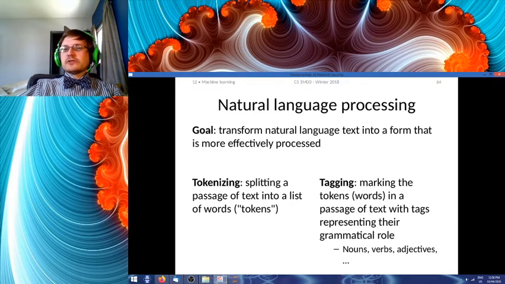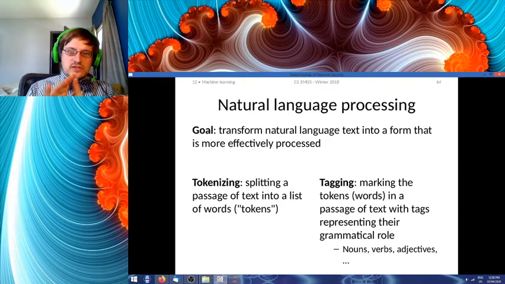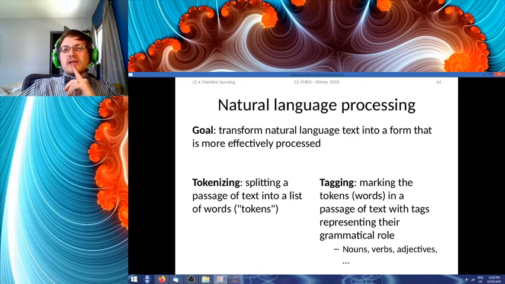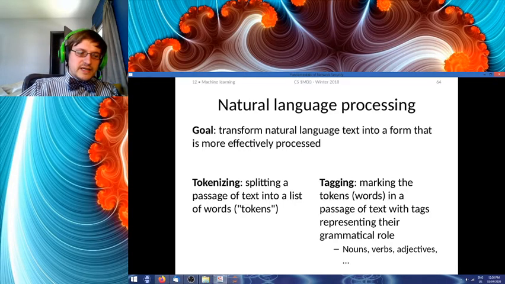So, with respect to natural language processing, our goal here is to take natural language, and natural language is a term used by computer scientists when they are referring to languages spoken by humans.